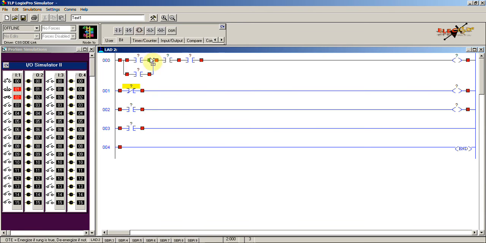So here the output energize will be placed for this rung here. Now it is the programming part that we have done. This is the one where we are going to control the motor, and these two are the rungs which are written to provide an indication of whether the table is moving or it is stopped.